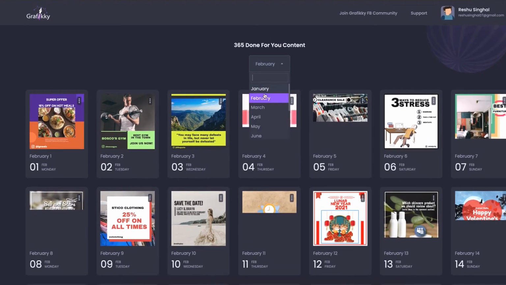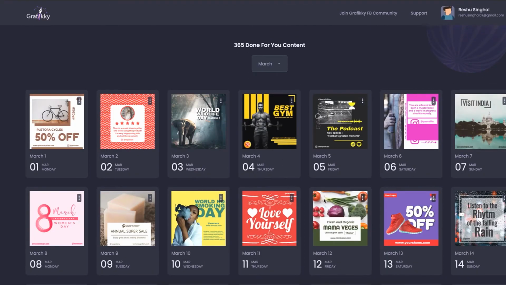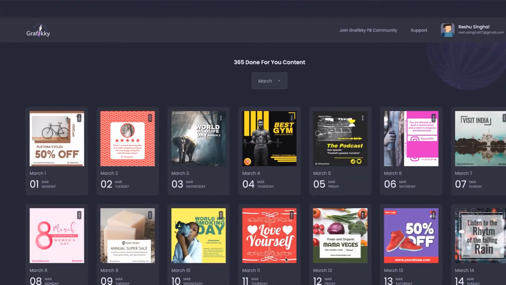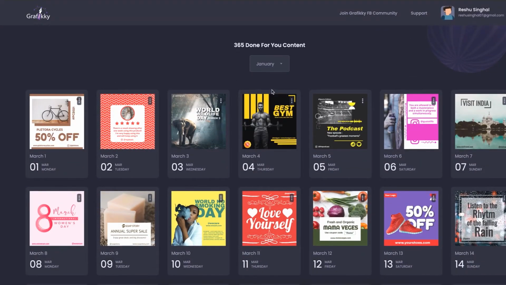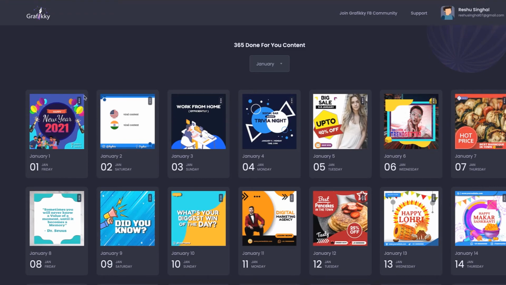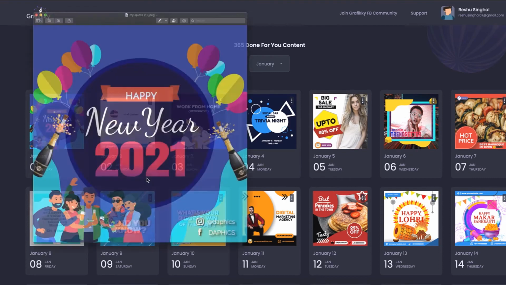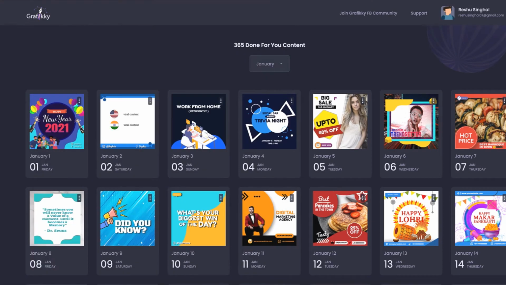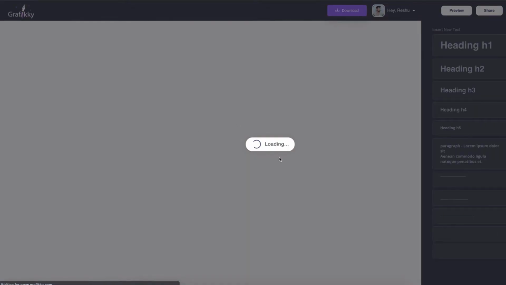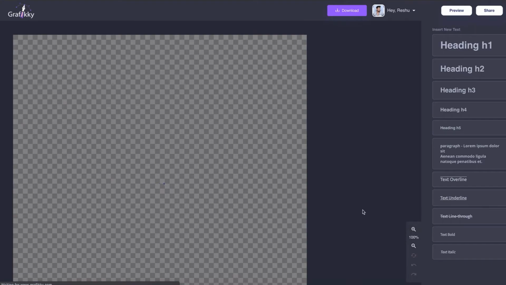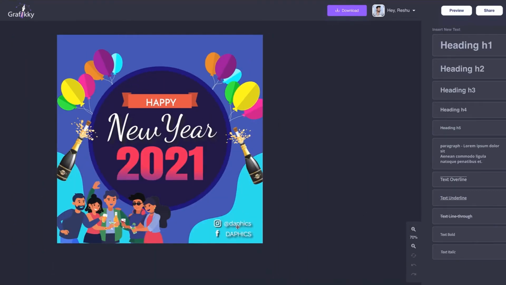Doesn't this look beautiful? If I go back to January and I think of using it, I click on these three dots. You will get the option to either download it or edit it. Download will take you directly to downloading the template. You can view it over here. Editing will help you add your own Instagram username or any hashtag or any social media username. You can add it over here.